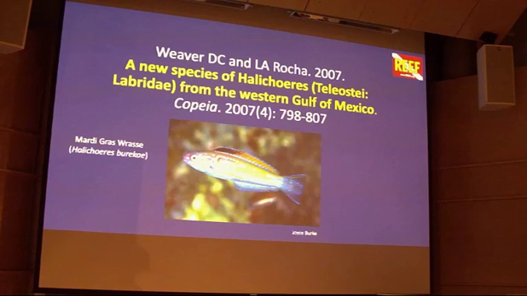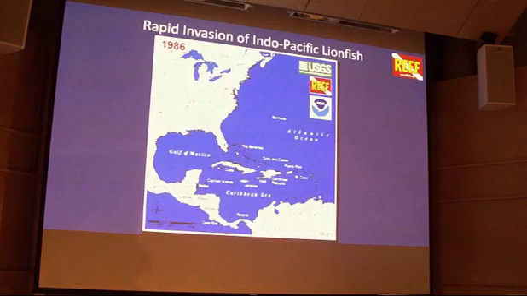But this beautiful wrasse called the Mardi Gras wrasse was found by actually me and a bunch of the divers really early on in my Flower Gardens days. When I first started doing my graduate work there, we would have reef surveyors come on trips to help fund the boat so that I could do my other research. And we found this fish, and lo and behold, it ended up getting described as a new species, very flashy, very pretty, very out there. Nobody was ever looking well enough to know, oh, that's actually something that doesn't belong or isn't in a book, not known. So there are several other examples, but that's one of my favorite ones because I was a part of it.